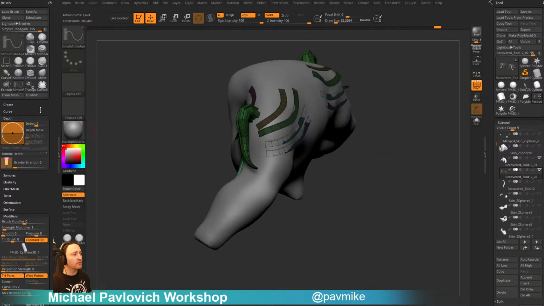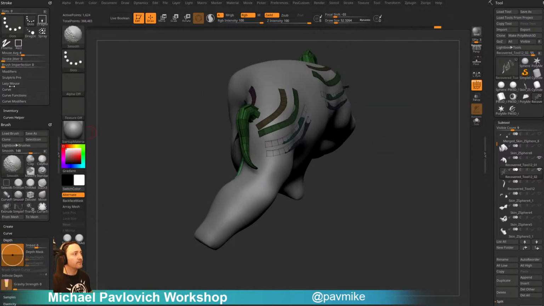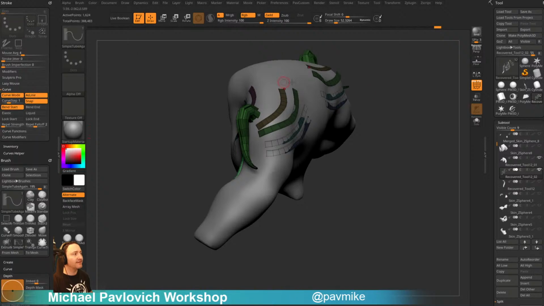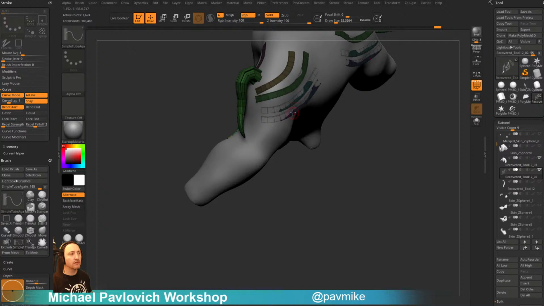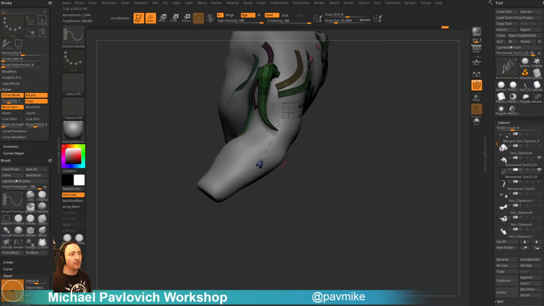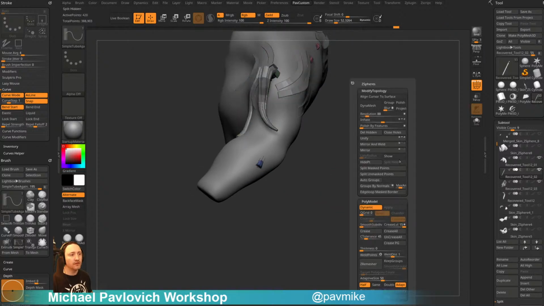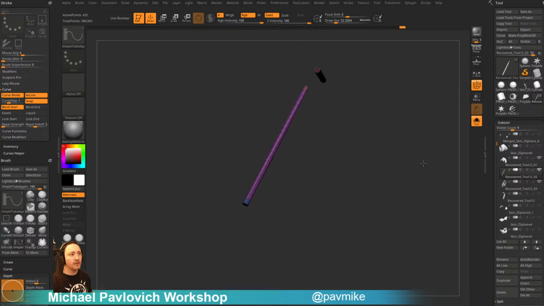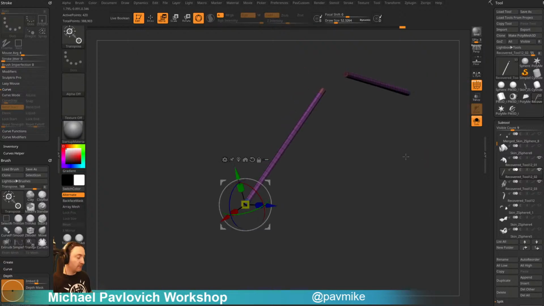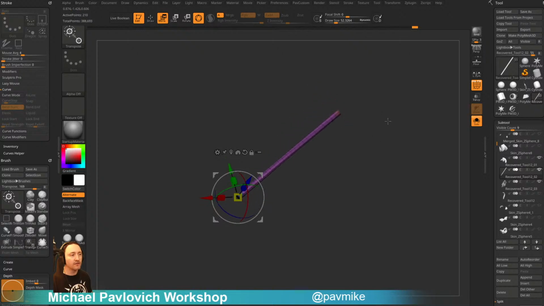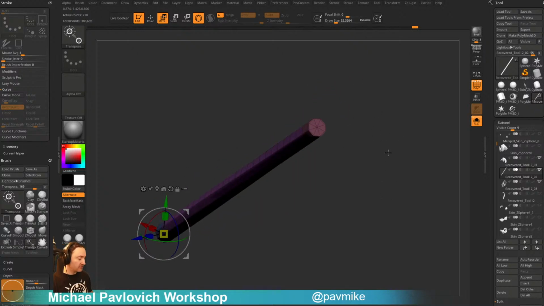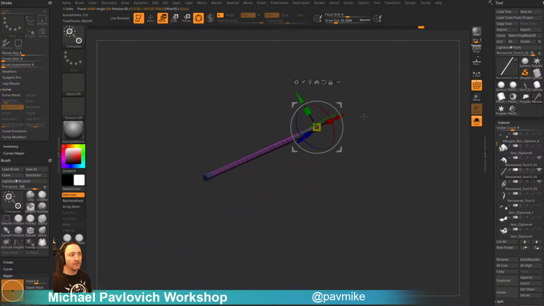We can also try doing a stroke curve as line, and then if I want a little bit more control over this curve from here to here, I can put in a tube. Go ahead and split mask point so you can see it. Now we need to go out of X symmetry here, get rid of this one, because we're just going to work on one side. This is another instance where you could use an array mesh to put it on the other side. We're going to hold Alt and tap so we can inherit that